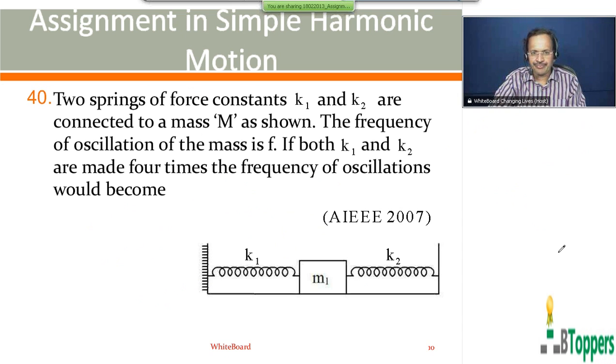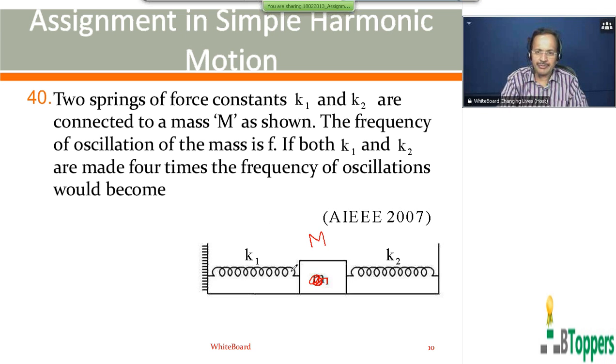See the question number 40. Two springs of force constant K1 and K2 are connected to mass M as shown. The frequency of oscillation of the mass M is F. Both K1 and K2 are made 4 times. The frequency of oscillation would become. This case I have discussed, in one of the special cases,